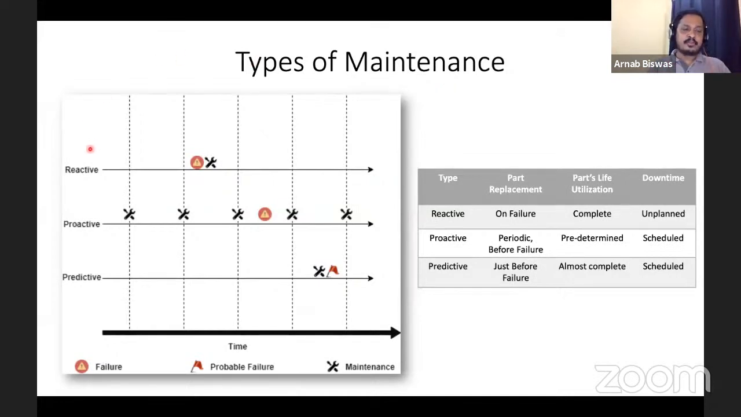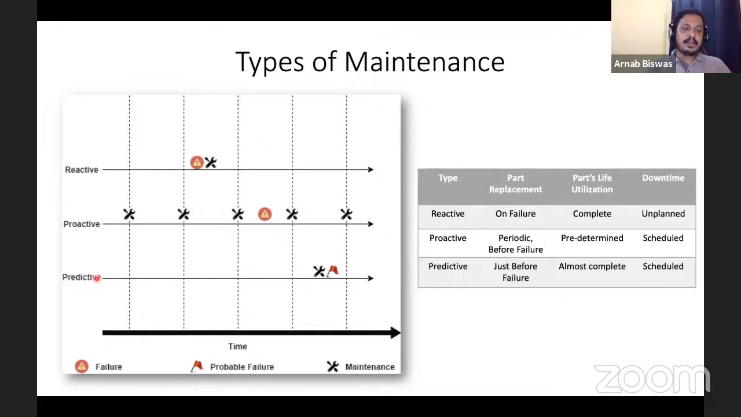Traditionally, there are two types of maintenance. One is reactive maintenance and one is proactive maintenance. In reactive maintenance, we wait for the failure. Once the failure happens, only then do we service the equipment. But in proactive maintenance, which is popularly known as annual maintenance, an equipment gets serviced at regular intervals. There could be failure, there may not be failures, but the equipment gets serviced, and if necessary, parts get replaced,